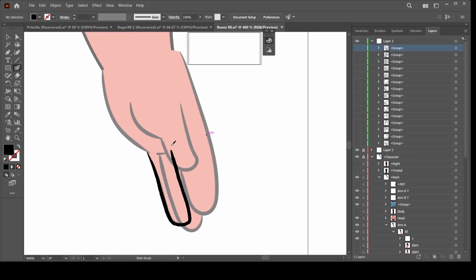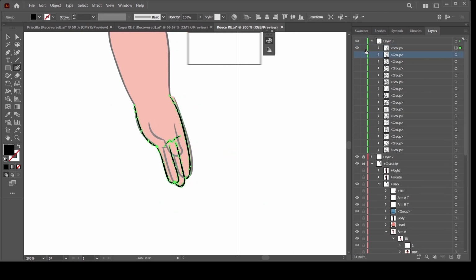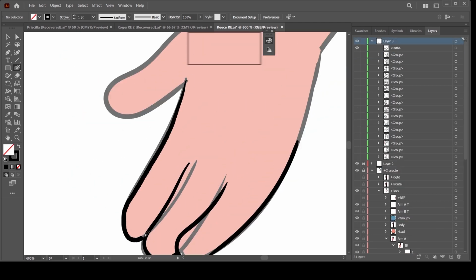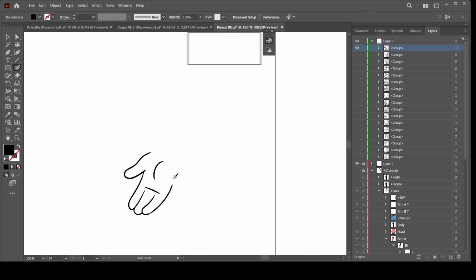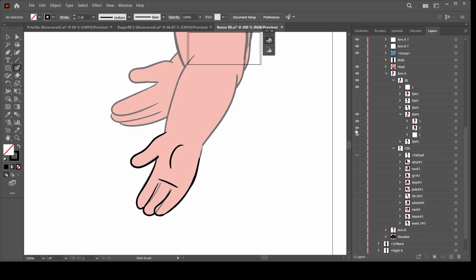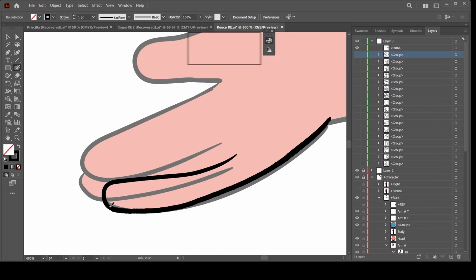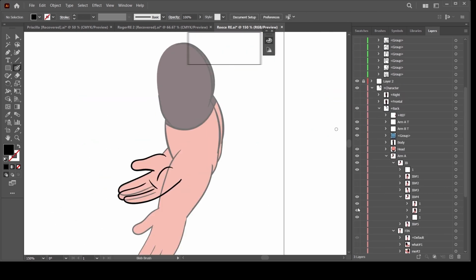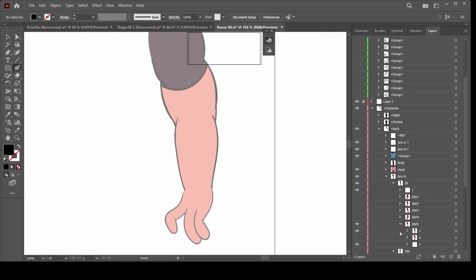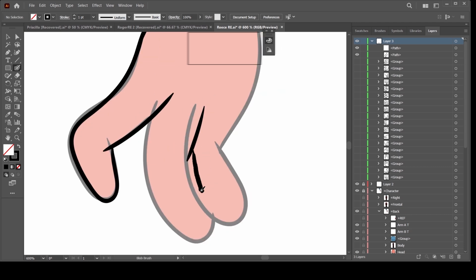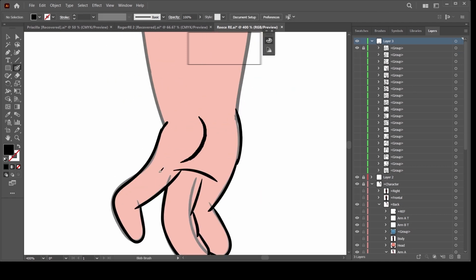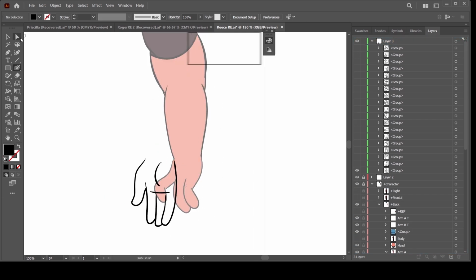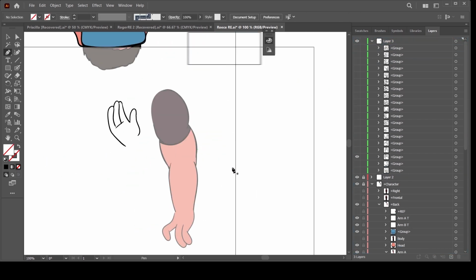This is really easy if you just follow it a little bit. But okay, so what you need to know about this, whenever you're drawing fingers, is